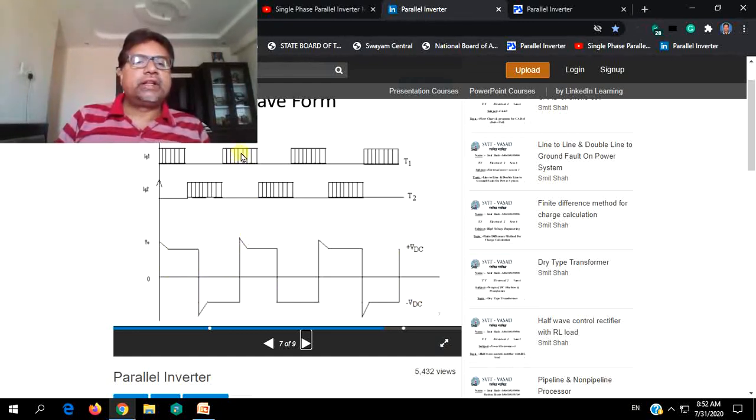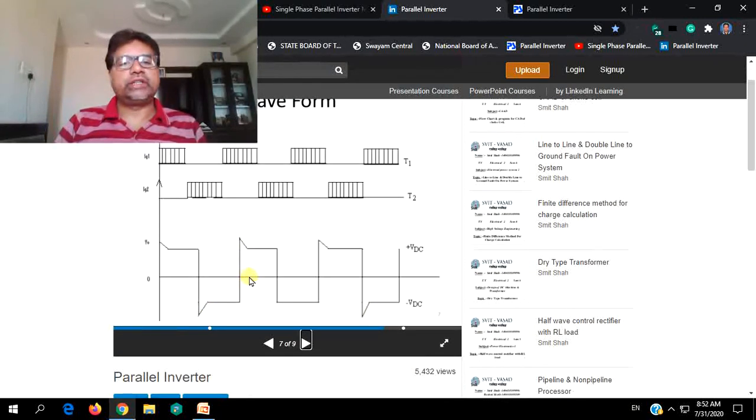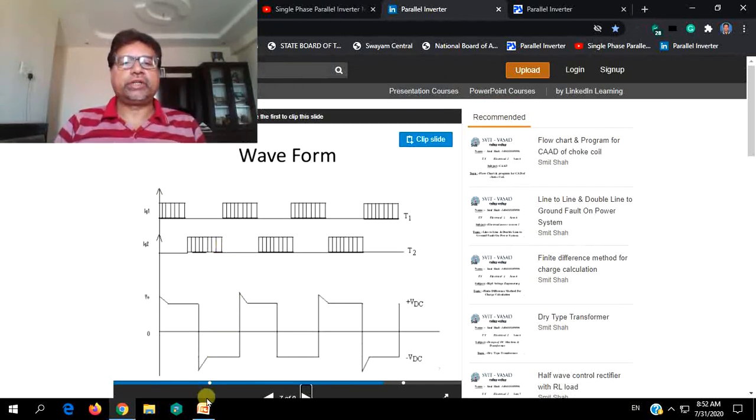And whenever a given SCR is turned on and it starts to conduct, there will be a voltage spike here. These voltage spikes in forward as well as reverse directions are the instants which we are discussing now. That is, the capacitor will be supplying back the stored energy. Because of this, load voltage will be more than the supply voltage.